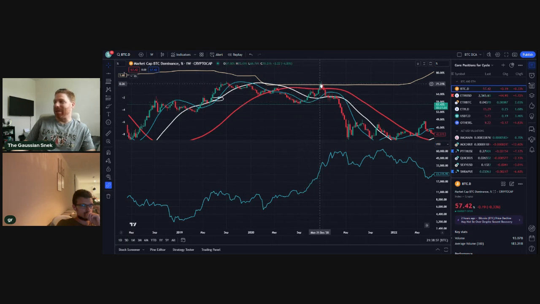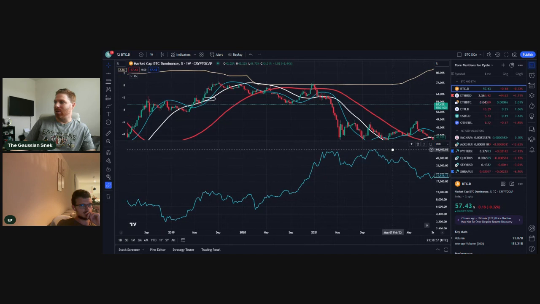And then Bitcoin dominance really took off. It put in a double top, technical to here. And this is where your major altcoin season started to materialize. Here's the first leg of it, and the second major leg straight into May. This move was huge for altcoins. So that move started to occur